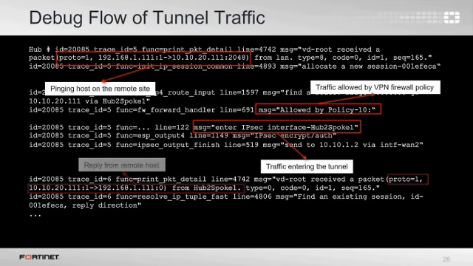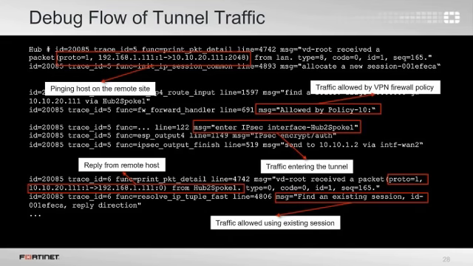If the VPN is up, but the traffic cannot cross the tunnel, you should use the debug flow. This slide shows an example output of the debug flow for traffic that is crossing an IPsec tunnel. The output shows the following: packet arriving, packet being allowed by a firewall policy, packet entering the tunnel, packets being